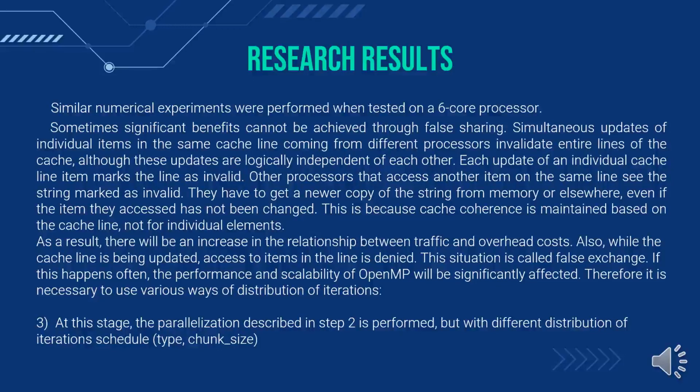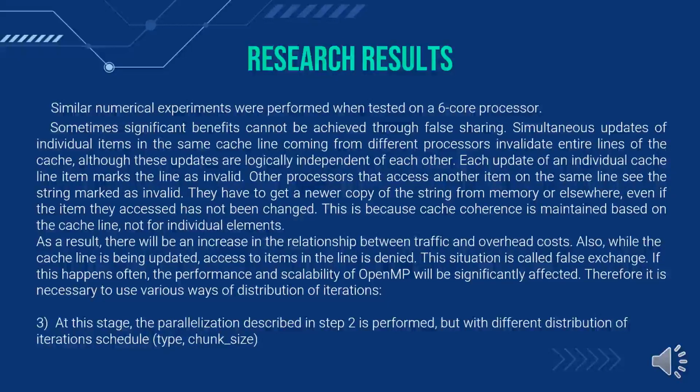Similar numerical experiments were performed when tested on a six-core processor. Sometimes significant benefits cannot be achieved because of false sharing. Simultaneous updates of individual items in the same cache line coming from different processors invalidate entire lines of the cache, although these updates are logically independent of each other. Each update of an individual cache line item marks the line as invalid. Other processors that access another item of the same line see the line marked as invalid. They have to get a newer copy of the line from memory or elsewhere, even if the item they accessed has not been changed. This is because cache coherence is maintained based on the cache line,